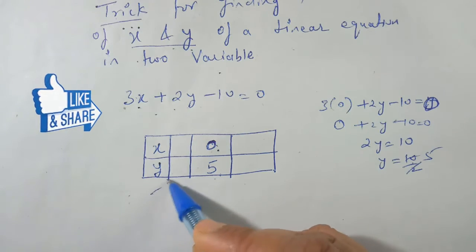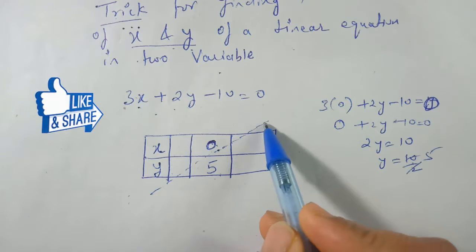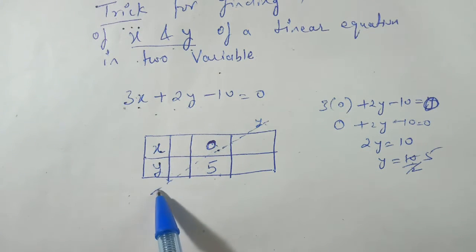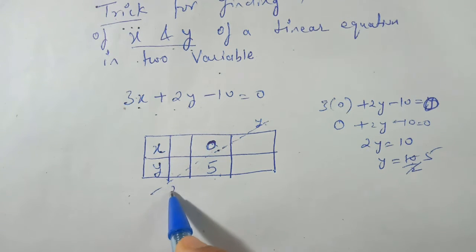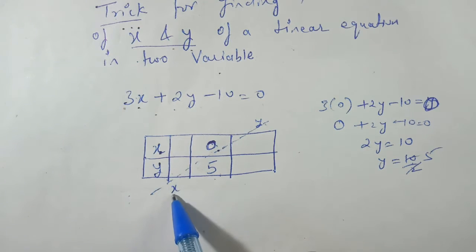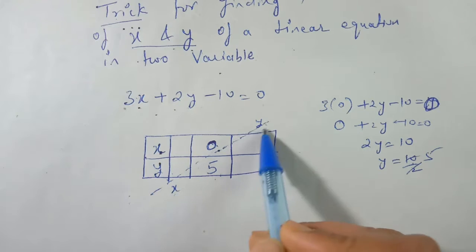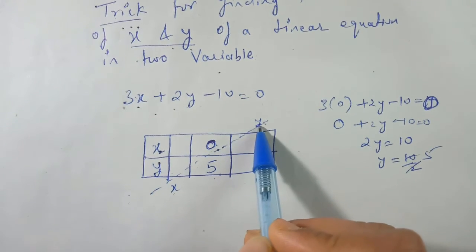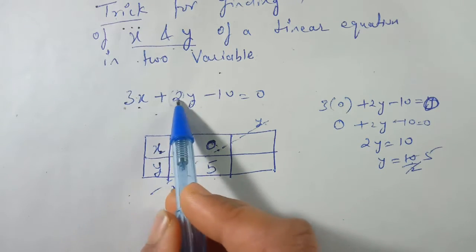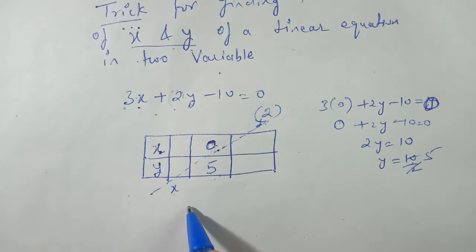Now make a diagonal like this. This is x, over here write y, this is y, below this write x, opposite we have to write x, y, y, x on this diagonal line. Now we have written y, which means we have to write the value of y. Which value? The coefficient of y. The coefficient of y over here is plus 2. So you have to write in place of it plus 2.